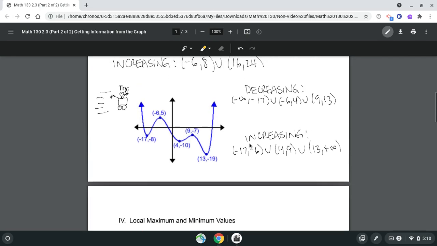Okay, so again, just make sure you're using x values to describe those intervals. That's how I'm getting these numbers. These are all x values. From what x value to what x value are you going up? From this x value to that x value, from this x value to that x value. Okay, so these increasing intervals are